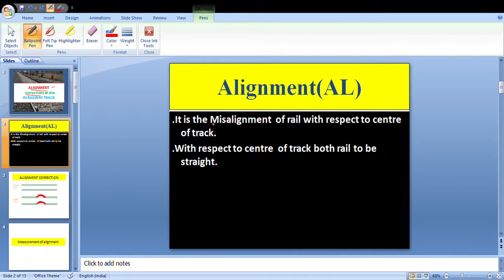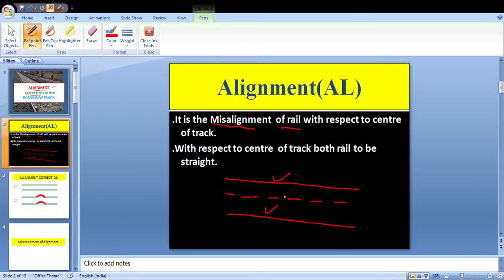So alignment means what? It is the misalignment of rail with respect to center of track. With respect to center of track, both rails should be straight. Let us say this is the center portion and this is the track. Both the tracks, this one and this one, should be straight with respect to this. That's what they are saying. So this is a straight track, but suppose any deviation is there like this or like this, then it is